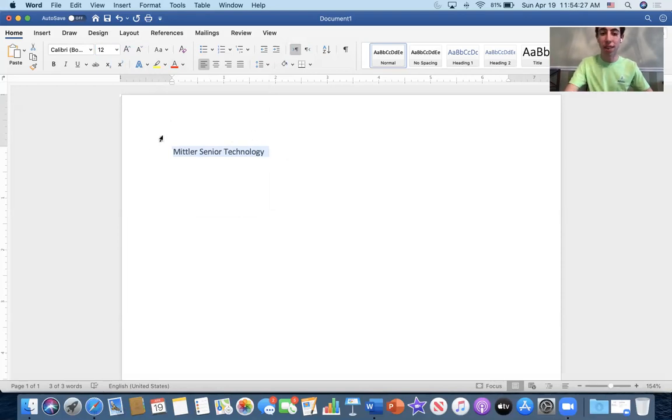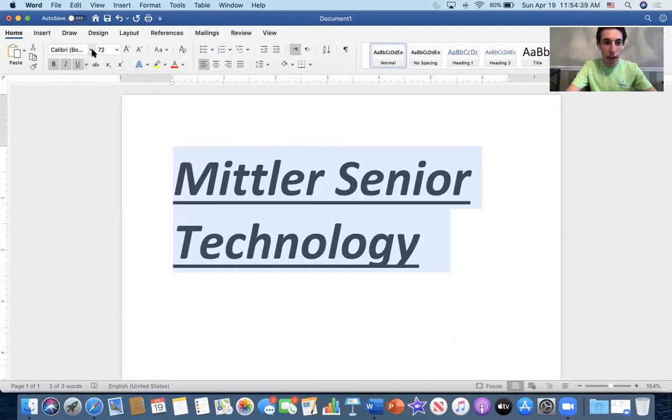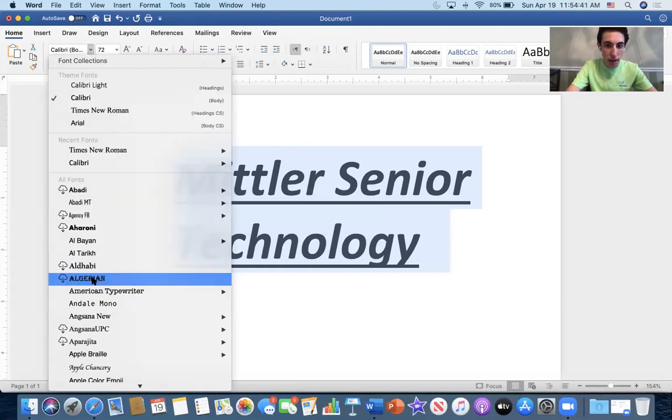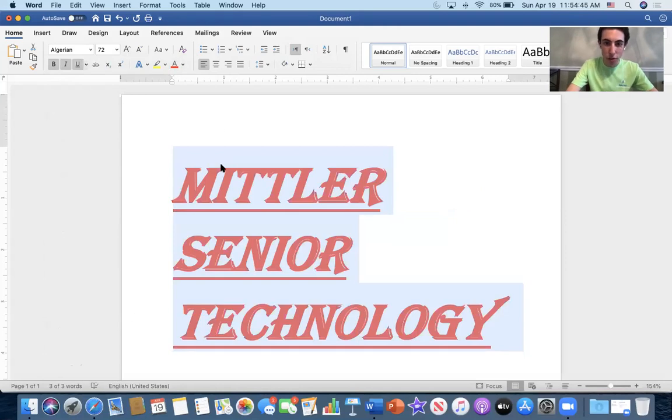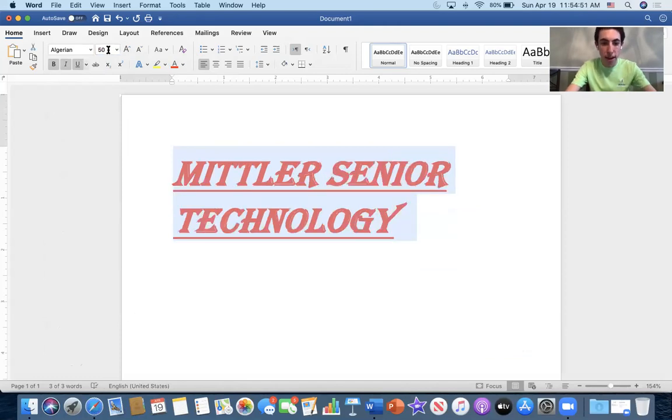You have to make sure that the text you want to edit is highlighted, and then let's say I want to click on bold. I can italicize it, I can underline it, and I can make the text size very big. I could change the font to that weird font. I could change the color to red, and that's kind of using the simple text basics. There are a few other things I want to show you before we move on.